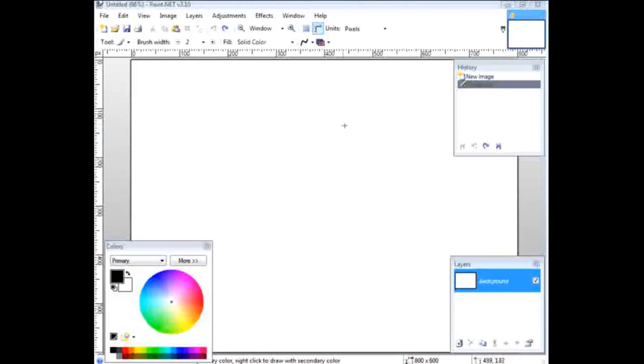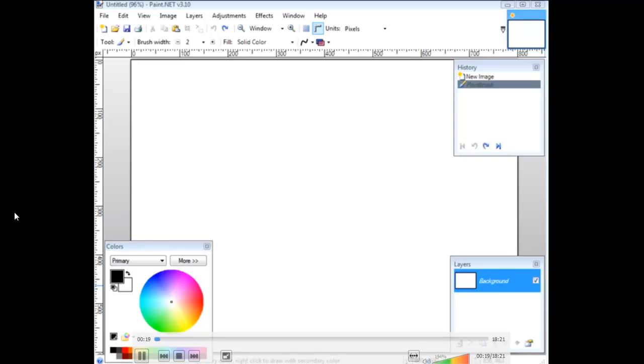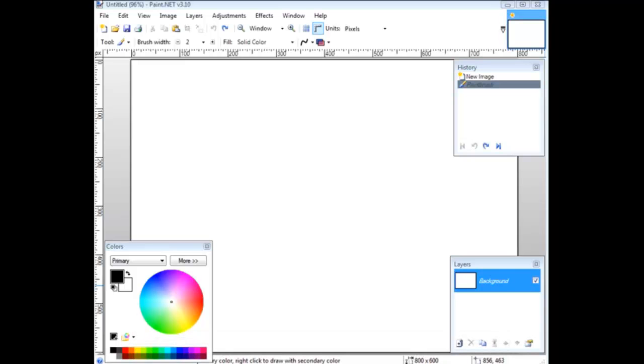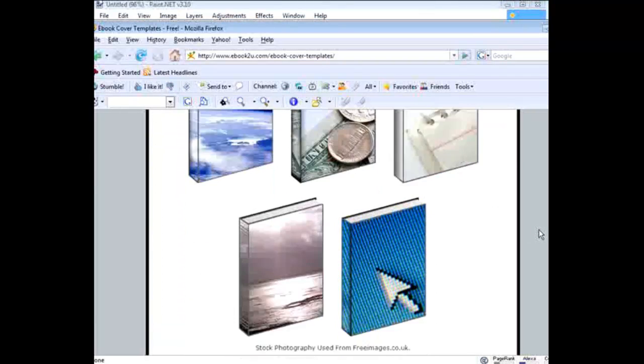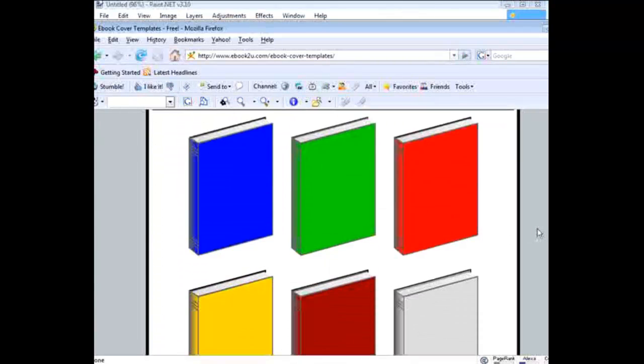Now it's time to create our ebook cover. It's beyond the scope of this course to teach you how to make the actual cover outline, but what I have included is some links to places where you can get free ebook covers. Then all you need to do is modify them with your text and pictures. If you want a more comprehensive course on Paint, you can look in the resources section and find out where we have one. Now what we're going to do is go to one of the resources that I point you to, and then we'll pick one out of here